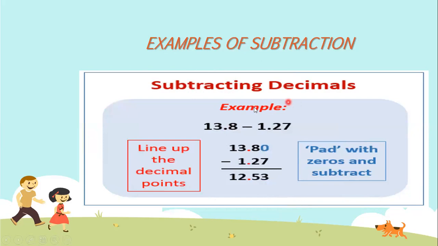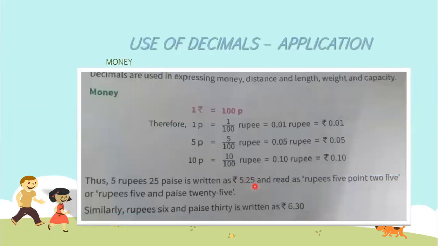Subtracting decimals: 13.8 minus 1.27. First, the bigger number you have to write, 13.8. Here, if you check, after the decimal point only 1 digit is there and here 2 digits are there. So you can change this into 13.80, and this is 1.27. Now you can subtract. 0 minus 7 we cannot subtract, so what you have to do? 10 minus 7, from here one number you have to borrow. So 10 minus 7, 3, and here 7 will be 7 minus 2, 5, 3 minus 1, 2, and 1. So the answer will be 12.53. This is the way you will subtract the decimals.